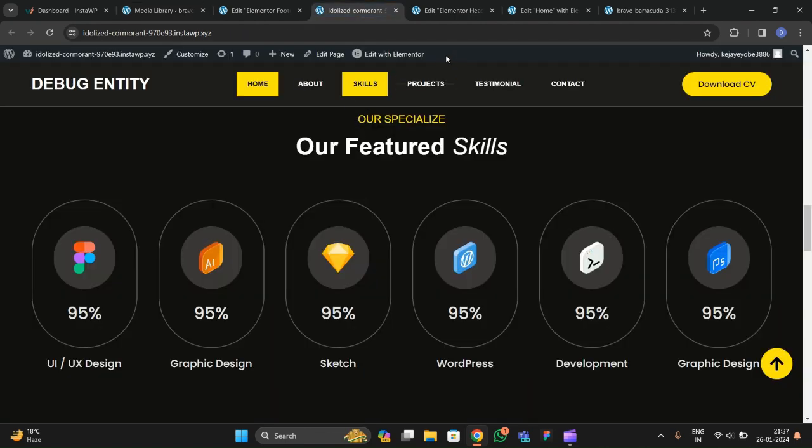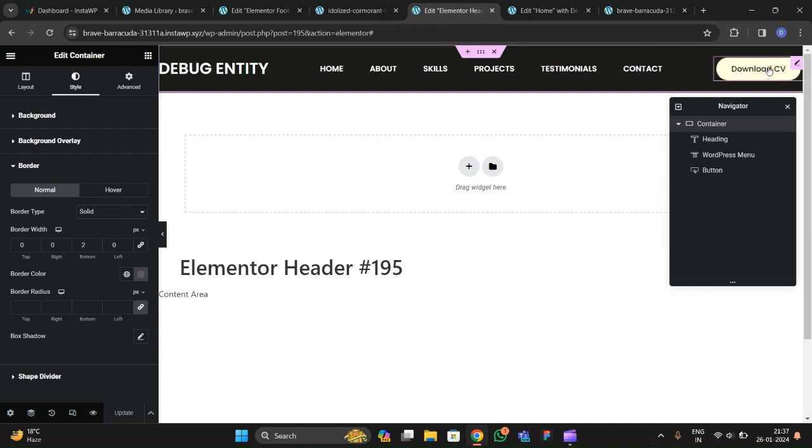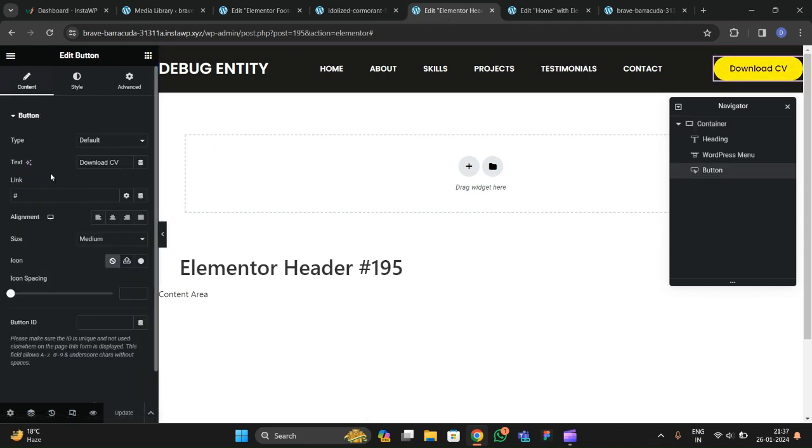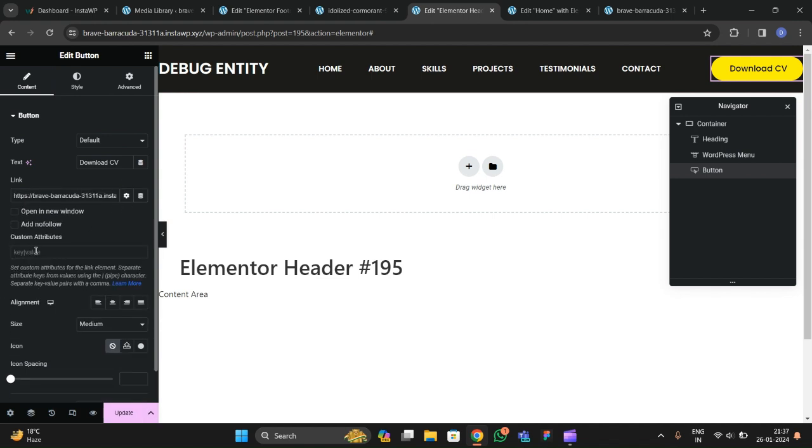Okay, so after that you have to go to the header and go to the download CV button, and here in the layout you have to go to this links and just paste that link here. Then after that you have to choose this setting icon, and inside this you have the key value pair. So in the key write download, and make a horizontal slash like this, and here you have to write the